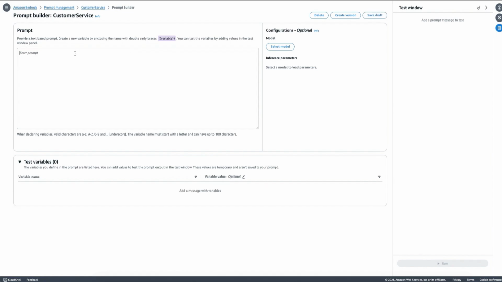Here we can basically write the content of our prompt. This can be as simple as a text, for example, what is a dog or whatever. But in this case, we are going to use a prompt template for our customer service. So we can say something like, for example, summarize the following conversation in a single sentence, because we want to make sure that we summarize whatever our customer service line was dealing with. We can add some input variables, as you can see. For example, if I use the double curly braces, I can actually have test variables that are going to be inputs that I can dynamically set when I'm using this prompt template later on.